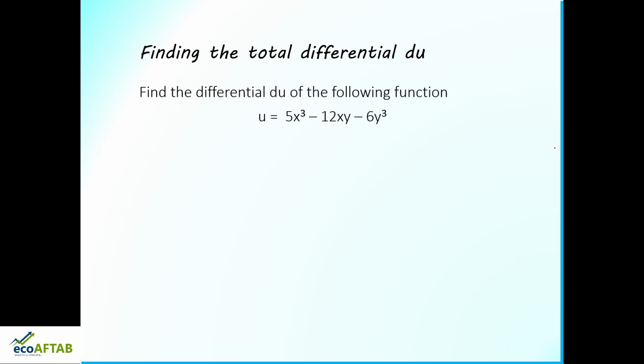So let us say first I'll make use of differentiating u with respect to x. So u with respect to x will be 3 5s are 15x square minus 12y. Here friends, we are using partial differentiation, where I am only differentiating x. 1 into 12, x raised to 1 minus 1 is x raised to 0, x raised to 0 means 1. So it becomes 12 into 1 into y, that is 12y. So this I am doing with regard to x.